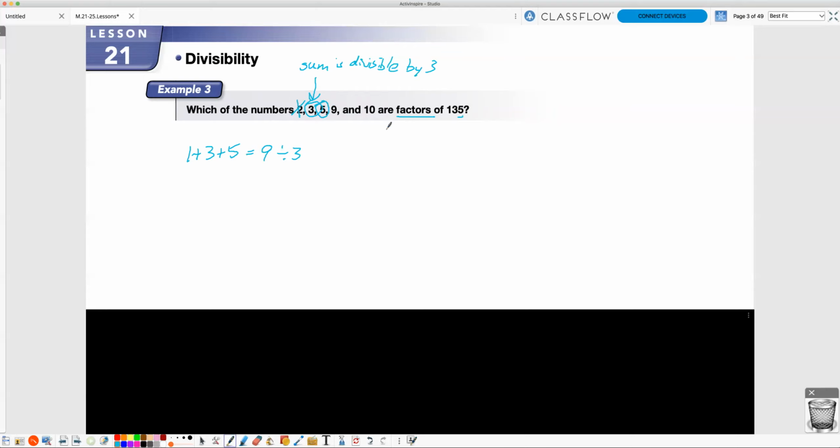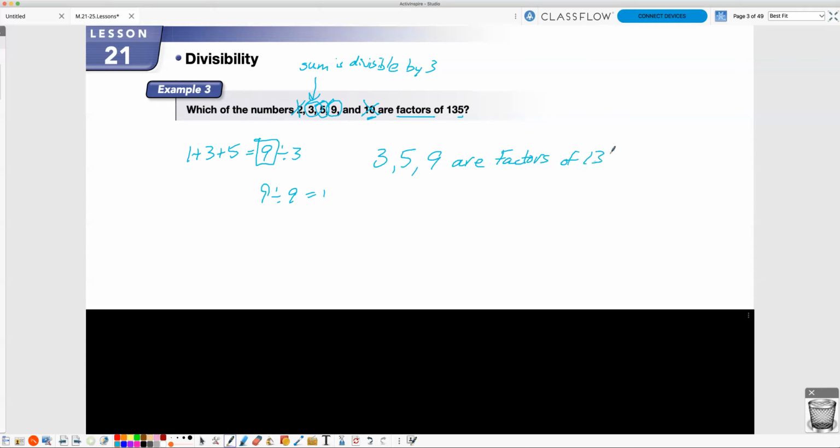5. 5 would work because it ends in a 5. Remember the test for the divisibility of 5 is 0 or 5. 9. Is the sum of those digits divisible by 9? Well, the sum is 9, and yes, 9 divided by 9 equals 1. So that means yes, 9 is also something you can divide it by. And then 10, what's the test for 10? Well, it has to end in a 0, and that's not for 135. So the numbers 3, 5, and 9 are factors